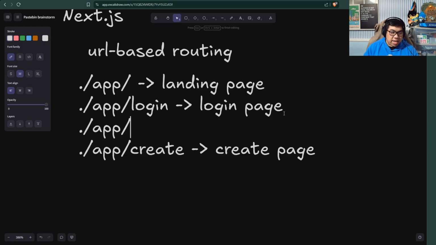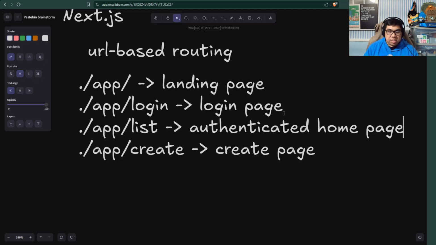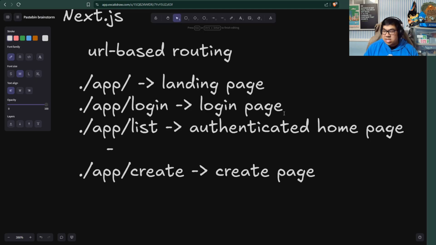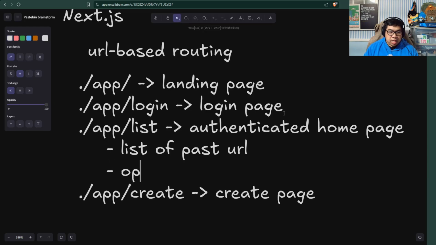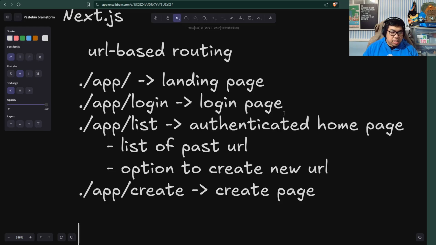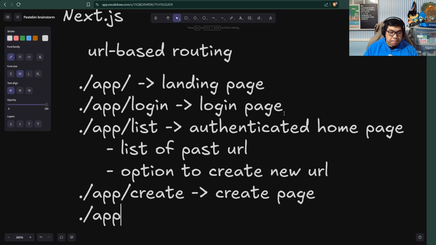We'll do /app/list, and this will be the authenticated home page, right? And what's going to be inside of this is the list of past URLs so that you can resend them, and then an option to create a new URL, and then /app/